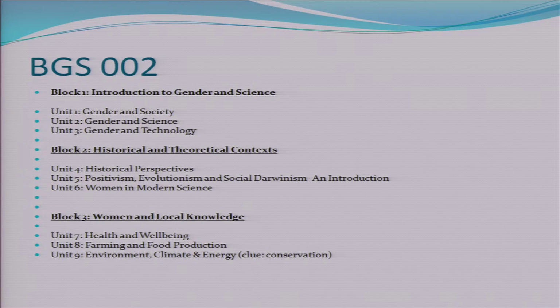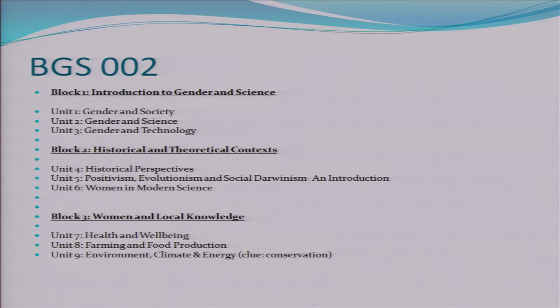So the first course, BGS 002, that is the introductory course of this program, has a total of 5 blocks, and the initial 3 blocks are Introduction to Gender in Science, Historical and Theoretical Context, that is block 2, and block 3 is Women and Local Knowledge. So when you look at these blocks, or what I call themes,